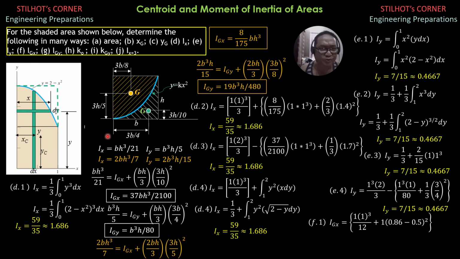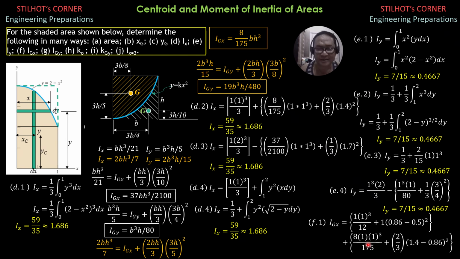IGX is equal to, with respect to the centroidal x-axis, we have to transfer the moment of inertia of the square to the centroidal axis of the entire section, and the moment of inertia of the parabola to the centroidal axis of the entire region. So plus centroidal moment of inertia of parabola, which is equal to 8 over 175, 1